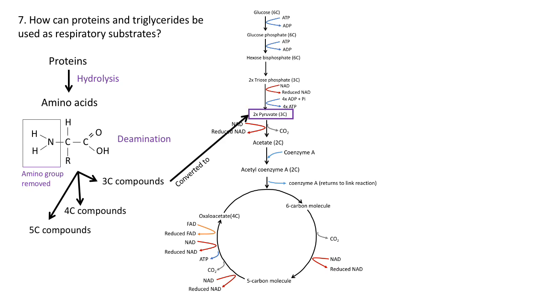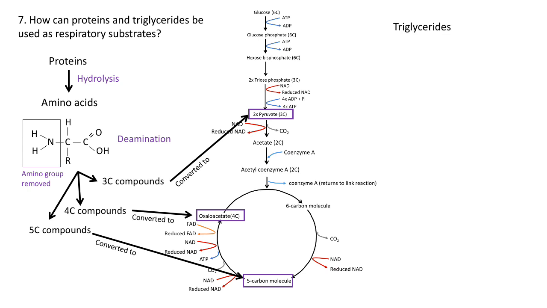So 3 carbon compounds can convert it to pyruvate, 4 carbon compounds oxaloacetate and can go in at the Krebs cycle, and the 5 carbon compounds again can form the 5 carbon compound found in the Krebs cycle. So for triglycerides,